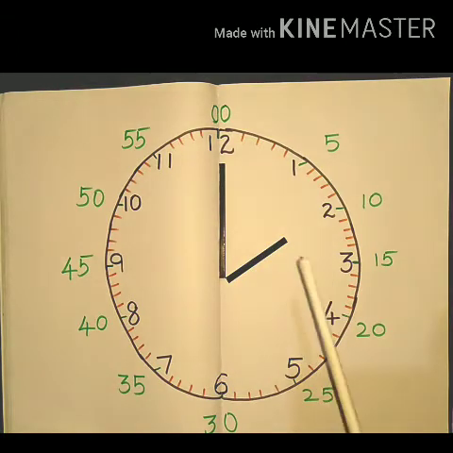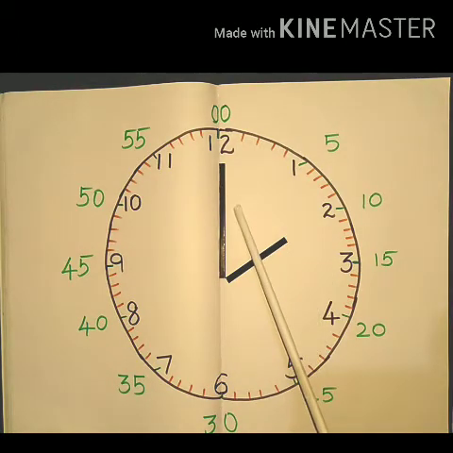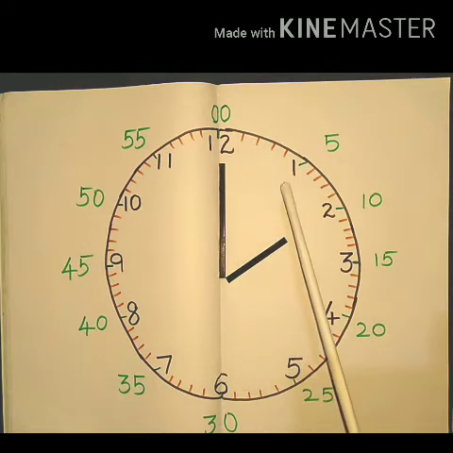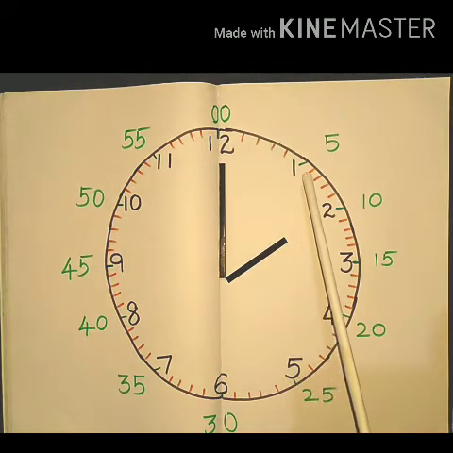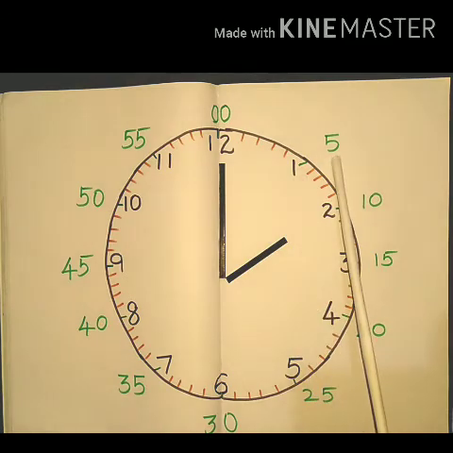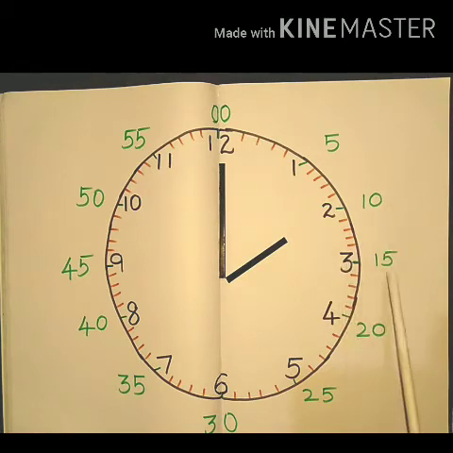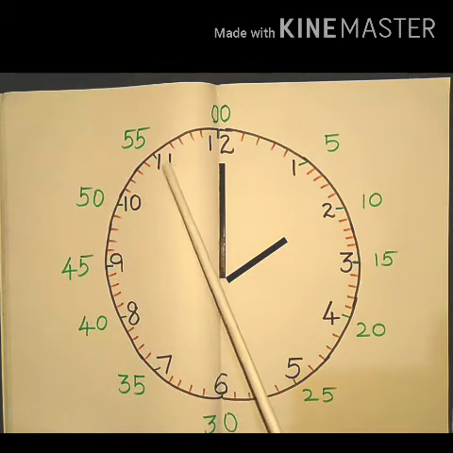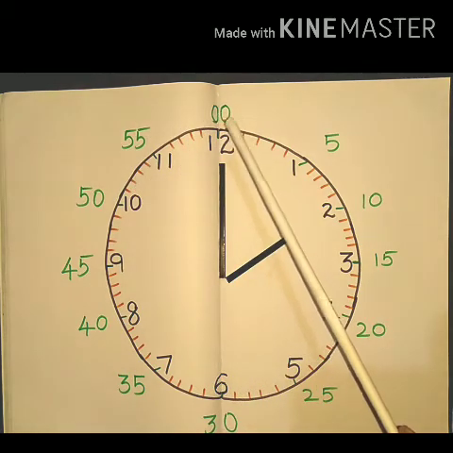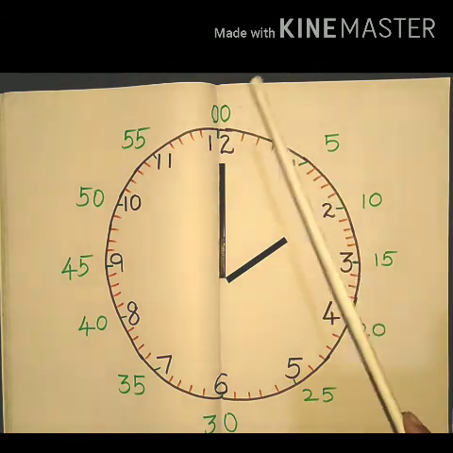Students, as you already know, this small hand is the hour hand and this one is the minute hand. See, here we have a set of numbers 1 to 12. Each number for the minutes is calculated by 5. See, 1 is calculated as 5, 2 as 10, 3 as 15, 4 as 20, 5 as 25, 6 as 30, 7 as 35, 8 as 40, 9 as 45, 10 as 50, 11 as 55 and the number 12, the minutes start back over at 0.